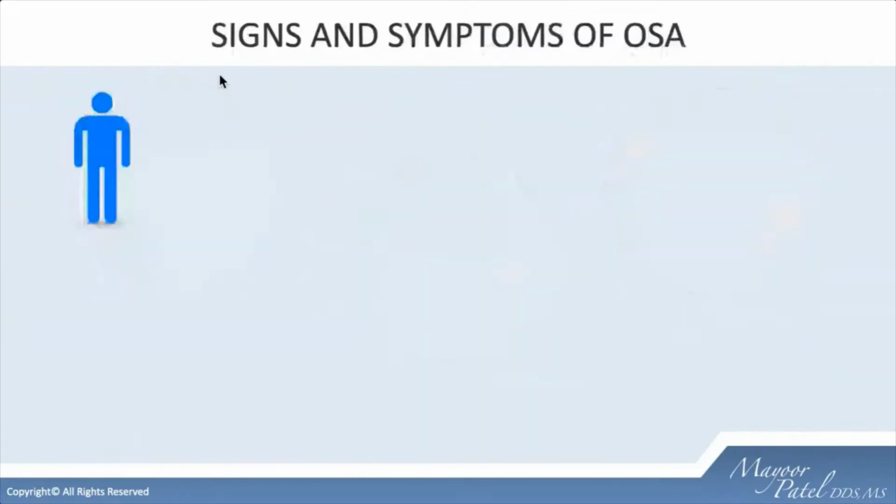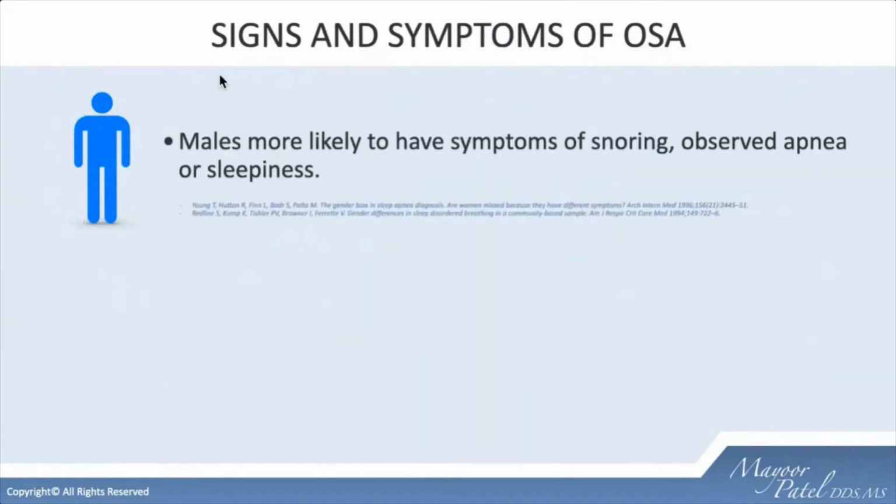reasons as well. Now, men, if you look at signs and symptoms within the male population, males are more likely to have symptoms of snoring and, of course, observed apnea. In other words, a bed partner brings it to their attention. It's very rare for a man to walk in and say, "Doctor, I want to be treated because I stopped breathing at night. I witnessed it." No, it's more the bed partner's motivation to get the male populations addressed because of witnessed apneas and, of course, snoring being a disruptor for the bed partner.